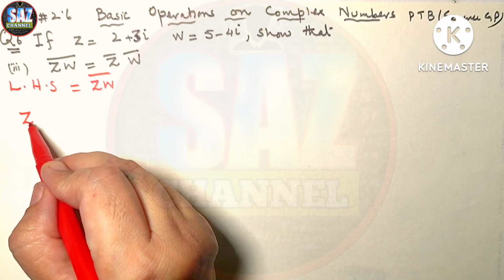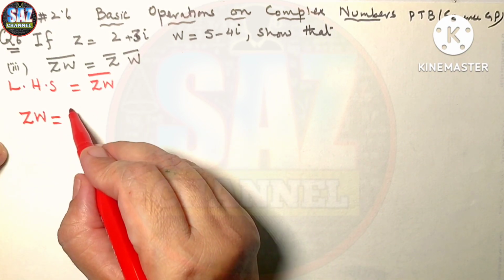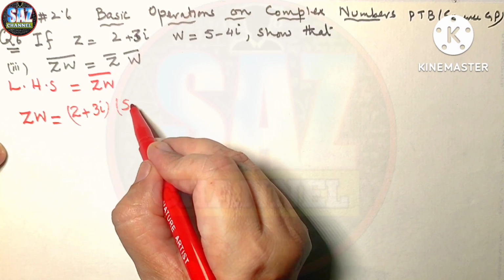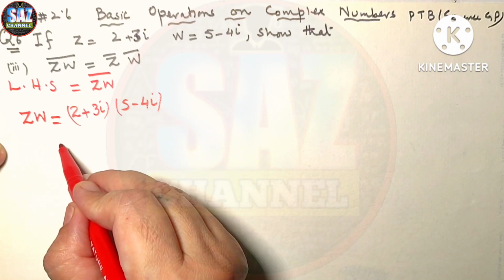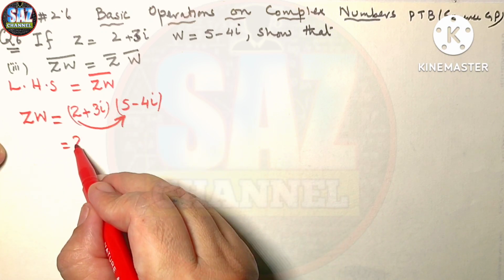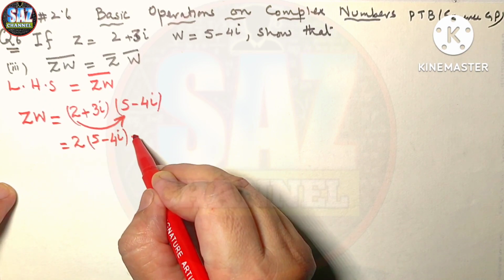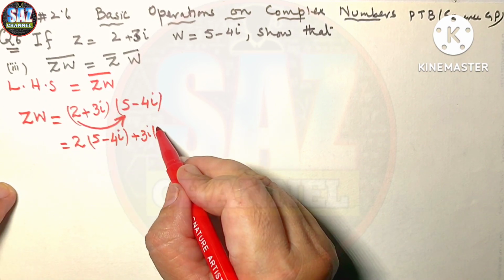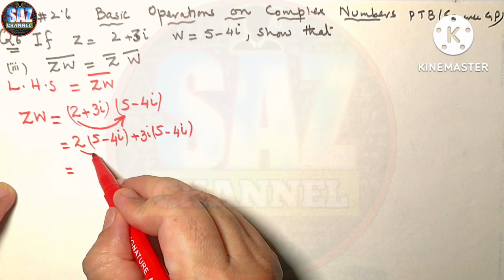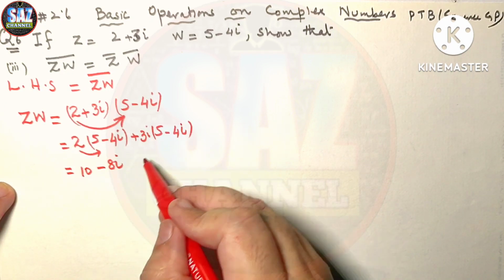So, first I have to calculate Z multiplied by W, that is, I have to multiply two complex numbers carefully: 2 plus 3 iota multiplied by 5 minus 4 iota. I have to take 2 and multiply it with the second whole bracket, 2 into 5 minus 4 iota, plus 3 iota into 5 minus 4 iota. Again apply distributive property: 10 minus 8 iota, 15 iota,